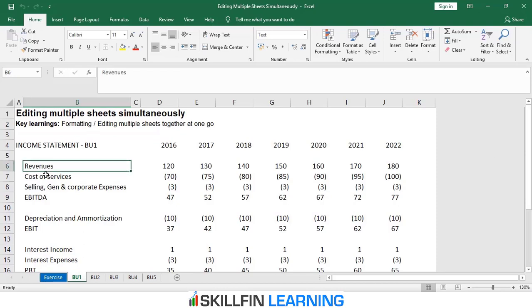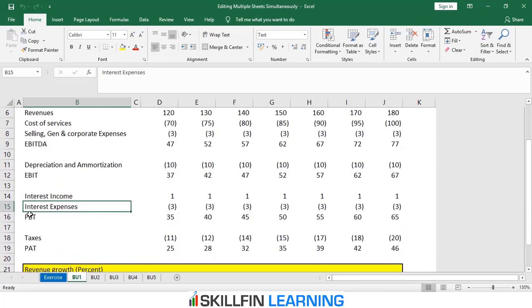You start with the revenues, you deduct cost of services and the SG&A expenses to arrive at the EBITDA of the company. From the EBITDA, you subtract depreciation and amortization and you arrive at EBIT of the company. Then you add the interest income, you subtract the interest expenses, you come to the PBT or the profits before tax of the company, and from that you subtract taxes to arrive at the profits after tax or the PAT of the company.